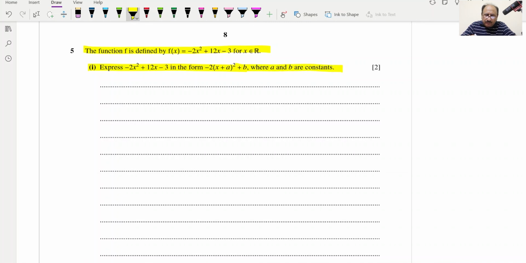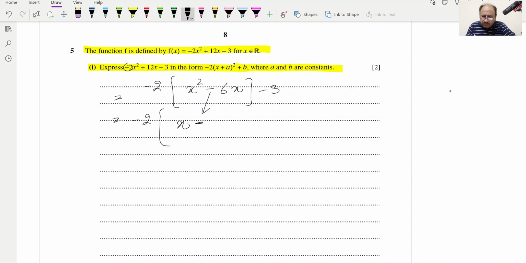So basically this is a completing the square question, so we can take the common coefficient of x squared, so minus 2 will be taken common. Inside will be x squared minus 6x, bracket close, and this tail portion minus 3 we will write as it is. And then we can now apply the completing square technique, so it will be x minus,